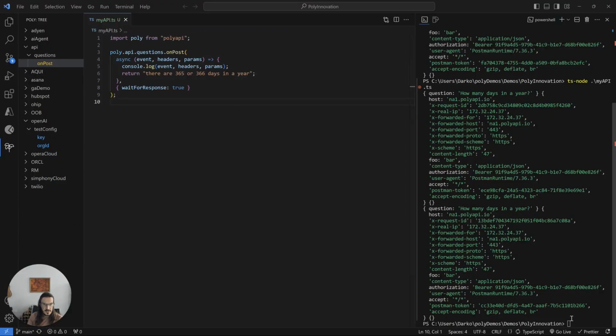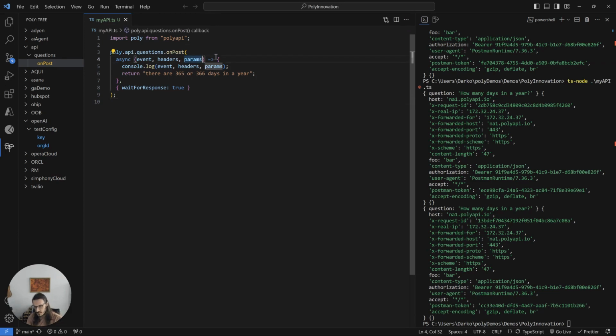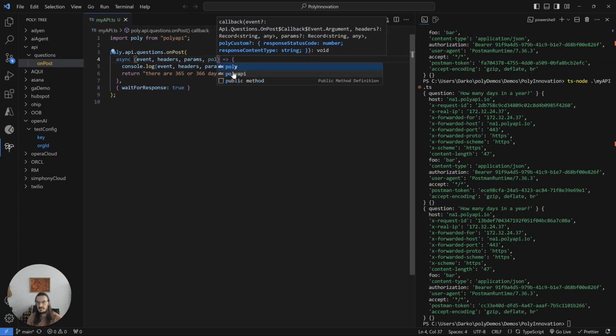So here we are in VS Code. We can see the event came through. I'm gonna go ahead and stop it there, and then let's go ahead and make a few modifications. So this is where another attribute, which really should be copy pasted by default from the tree. So that's a little enhancement we'll make. But it's modeled out here. It's called poly custom. It's optional, and you get to specify a response status code and response content type. So we'll just go ahead and do poly custom,